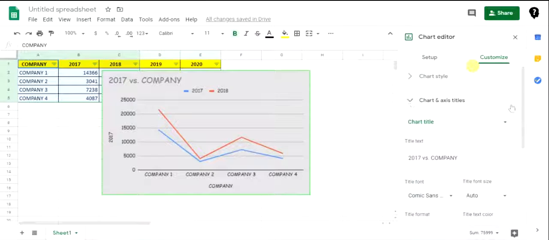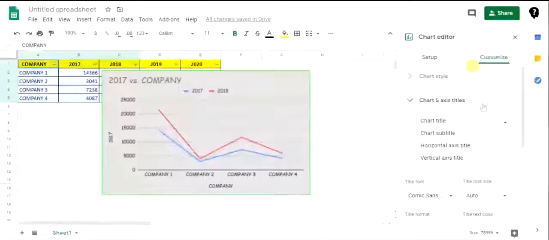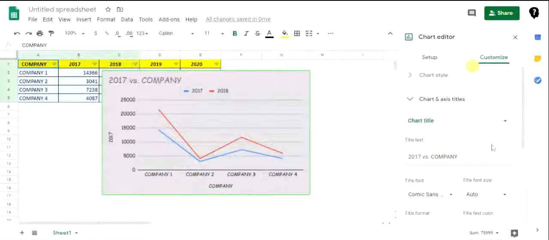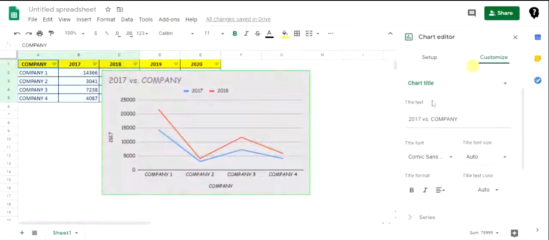Chart axis and title. So from here you can choose the type of the item. So for example, I wanted to edit the chart title. So whatever changes I do below are applicable to chart title only. So I'm seeing here the text. So here I can say test. So if you look, now the title has been changed. Similarly, I can change font and all the formatting changes here.